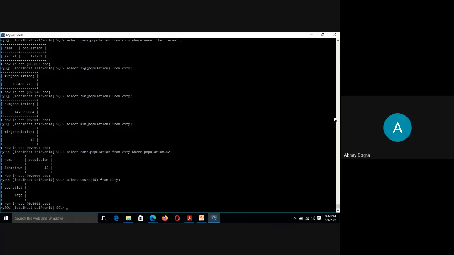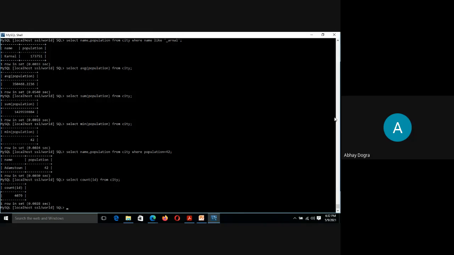Otherwise, we can create a subquery, a query inside a query, that can be done. But right now all we have is that we can quickly use the min function, find it, and then write the query and done, right?